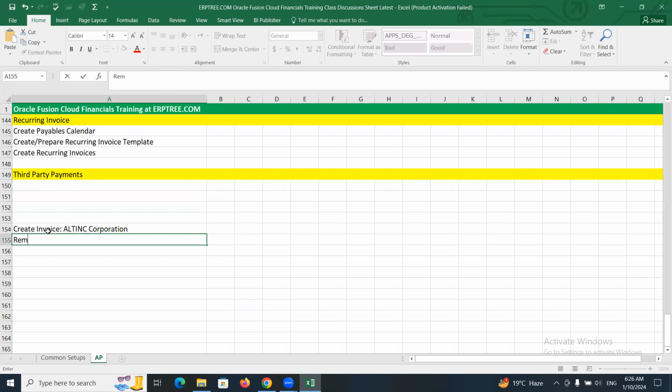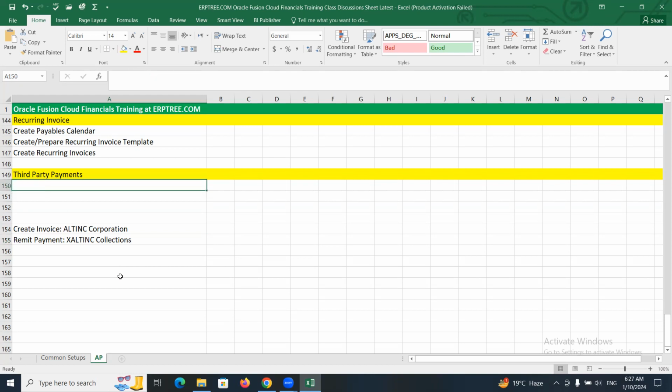And we will remit the payment, you send the payment to, we'll create a supplier as X Alt IRC collections. So we are going to create one more supplier to remit the payment for the invoices which belong to this supplier. To test this,